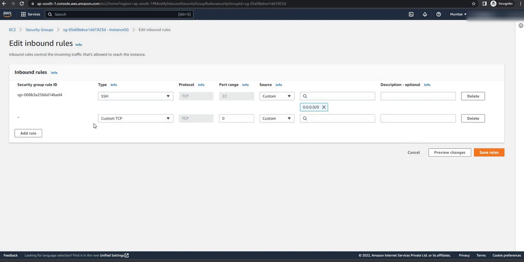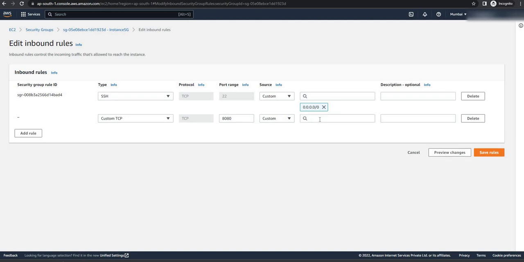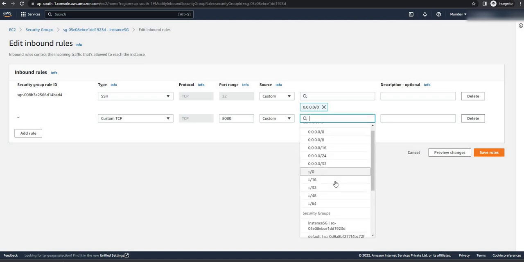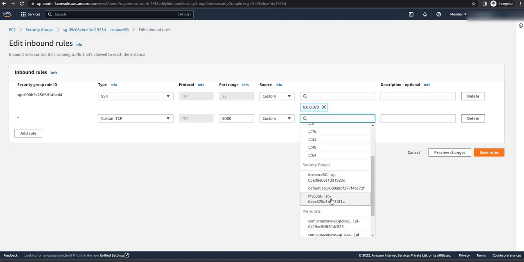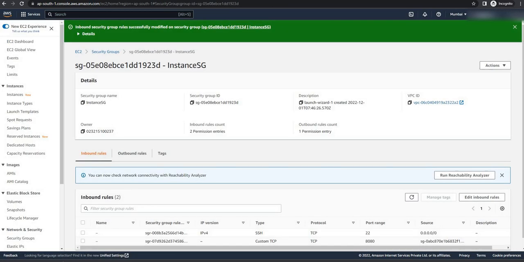Now again add rule. So custom TCP will be as it is. Our port will be 8080 and source will be IPv4. Again, you can remove this zeros configuration, and instead of this one, you can select your load balancer security group. In this way, it will accept the requests coming from the security group of a load balancer. Click on Save Rules. To verify that we are not able to access the instance directly, go to your old